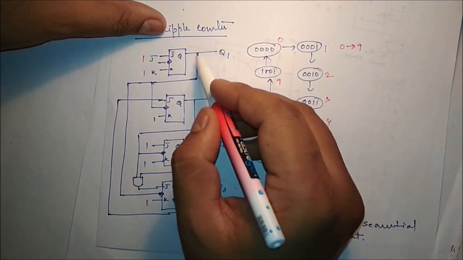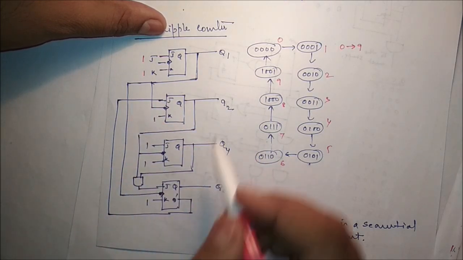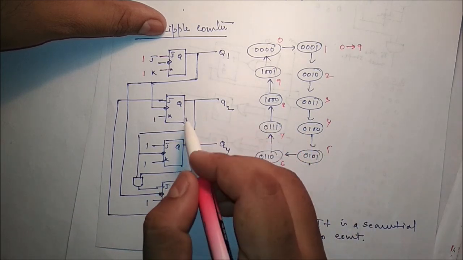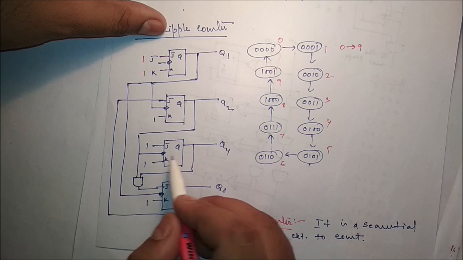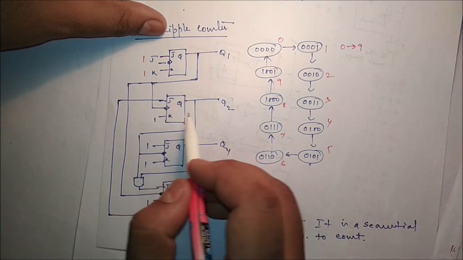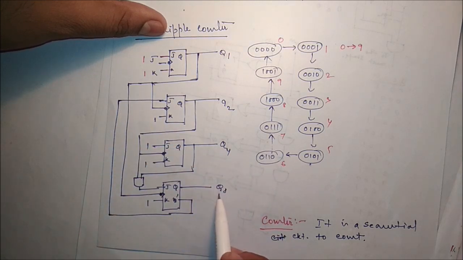So Q1 will fit to the next clock pulse as well as the fourth one. Okay, 0 1, so first one, second one, third one, fourth one. And Q2 will fit to the Q4 as well as ANDed with the Q8. The input of J is nothing but the output from Q dash of Q8.